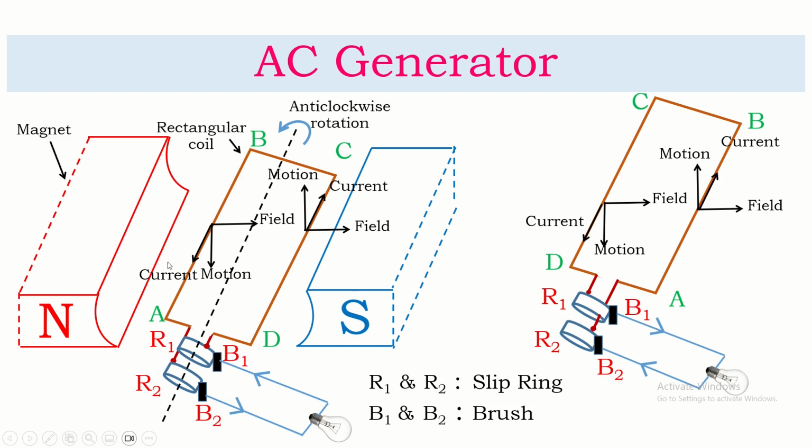What I mean to say, in half of the rotation of this coil, current flows from B2 to B1, but in the other half rotation, current flows from B1 to B2. In this way, the direction of flow of current keeps on changing, and this is the characteristic of alternating current. And this AC generator is designed in such a way that the coil rotates 50 times a second. It means if it rotates 50 times a second, then 100 times a second the direction of flow of current keeps